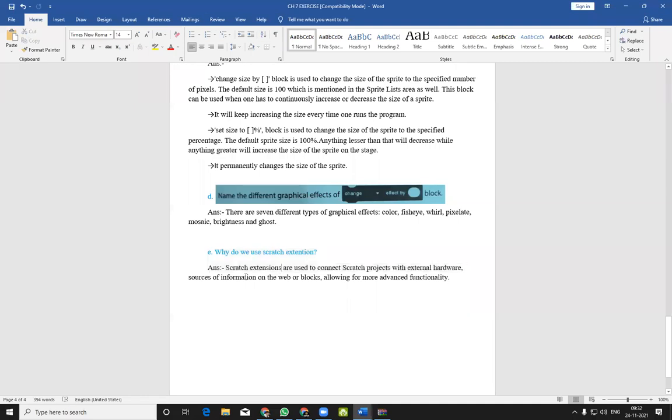So basically, we use Scratch extensions to connect the Scratch software along with hardware, the web, or other blocks, so that the Scratch program becomes more advanced and we can get more advanced functionality from it.